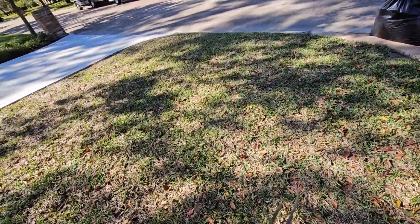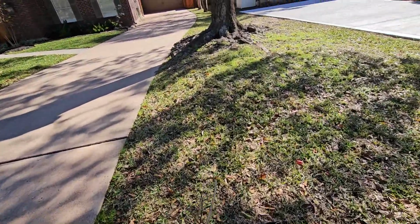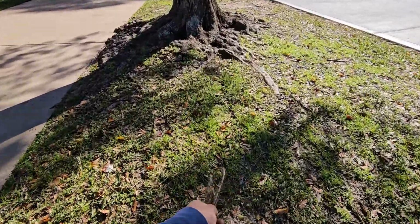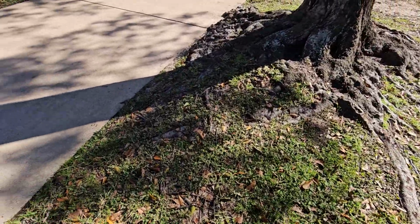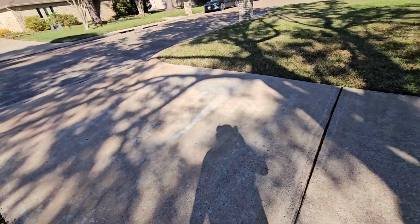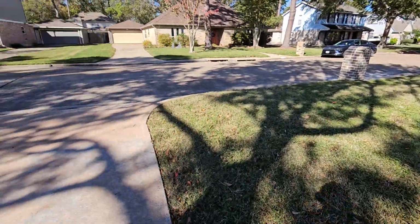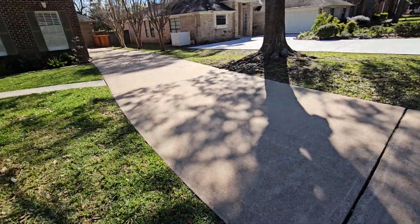So it may be best to just switch up the type of grass here, and it seems to be already naturally forming. You see it right there. I think it's like a winter grass or something. I'm not too sure. I'm still trying to get all my species down. So anyway, I just kind of wanted to touch up